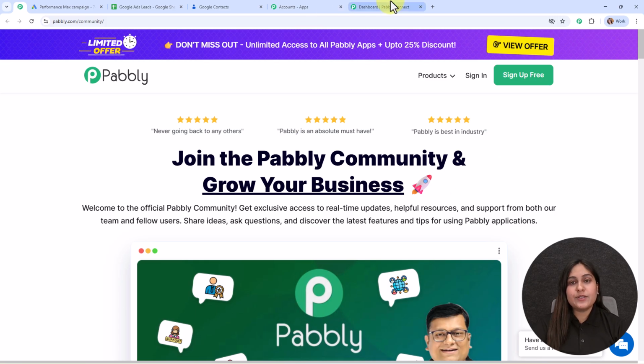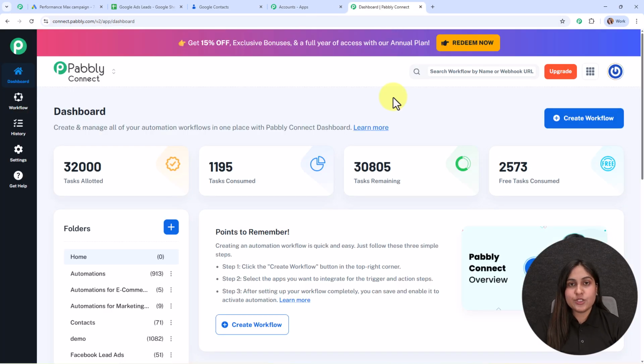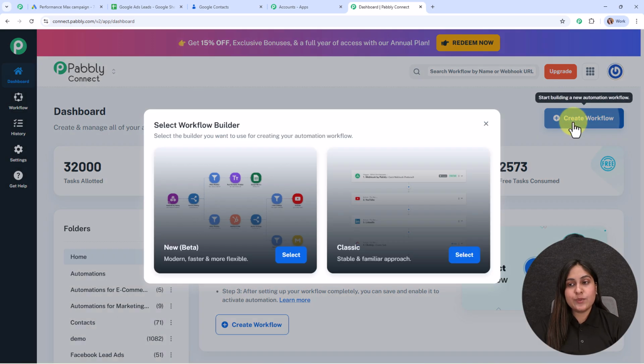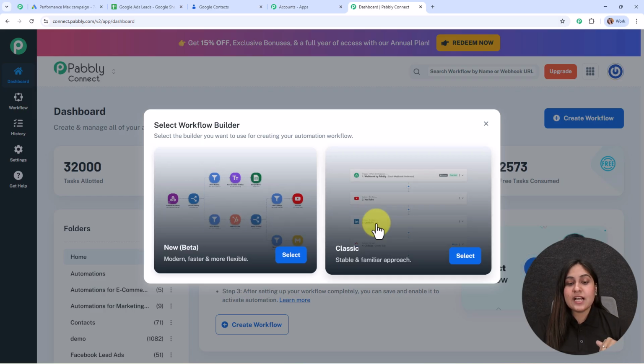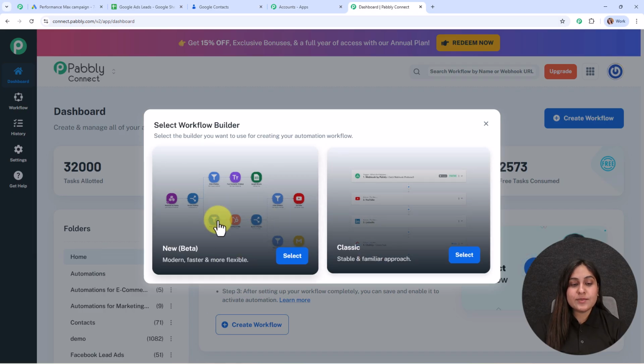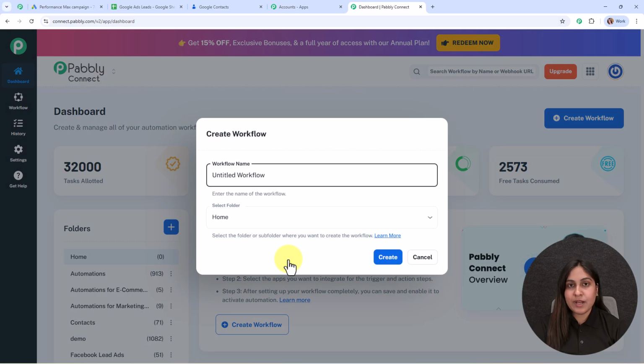Alright, let's move back to the dashboard, and here to build a new connection, I need to create a workflow first. So for that, I'm going to click on this create workflow button and then it is asking for the workflow builder. So here you can see two options. One is new beta and the other one is classic. The beta version is modern, faster and more flexible, whereas the classic one is the stable and familiar approach. So in this video, we are going to use this beta version by clicking on the select button